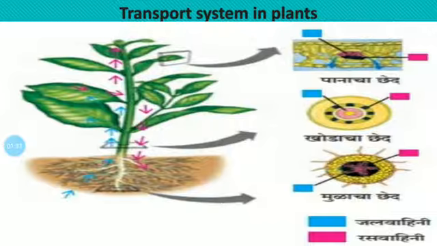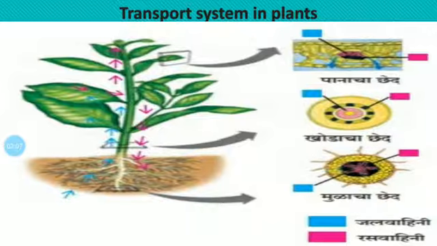Take a pumpkin stem having 2-3 leaves. Cut it under water with a sharp blade. Take some water in a conical flask and add 7 to 8 drops of ink to it. Put the pumpkin stem vertically in the flask. Observe the changes that take place in it and discuss them in the classroom.